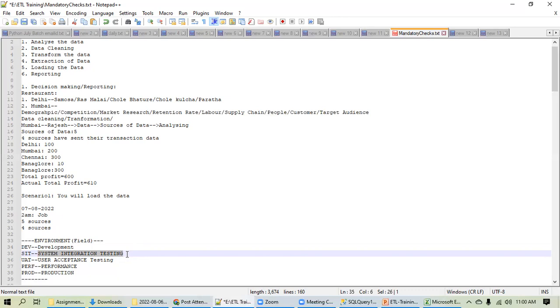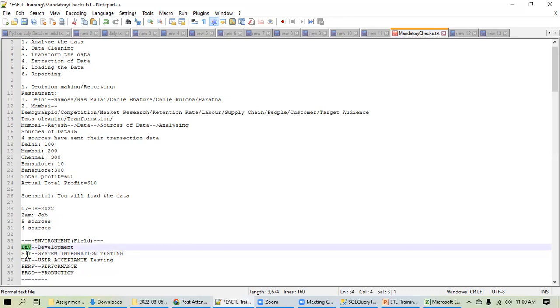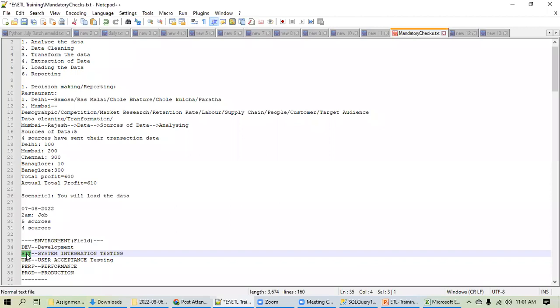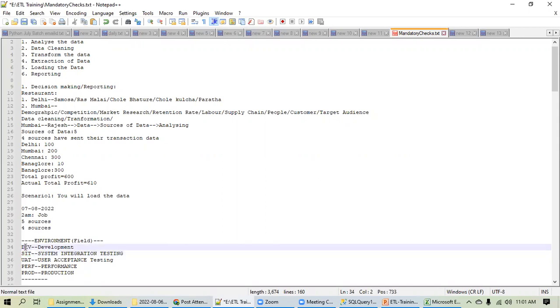They have all the freedom. They can test in whatever way they want. The development team should not object in the SIT environment. They don't have any right to object in the SIT environment because this is the environment of testers. Testers have all the right to test in whatever manner they want. Similarly, the testing team should not disturb the dev environment because that is the environment of the development team.